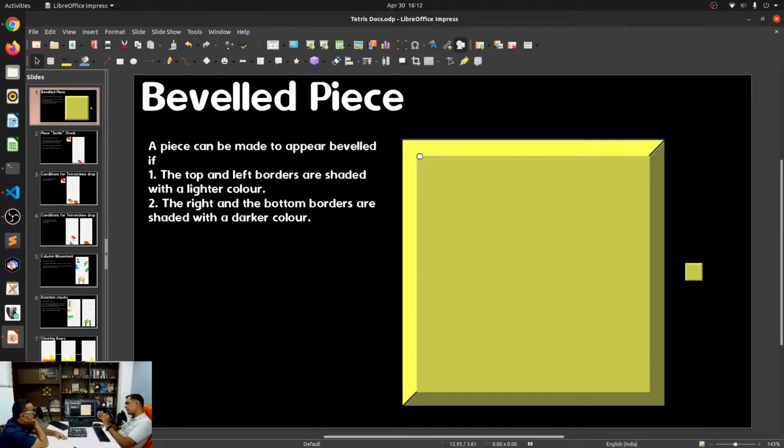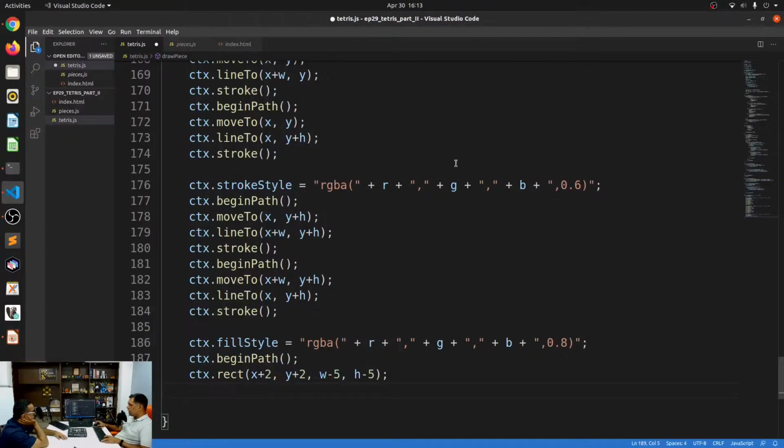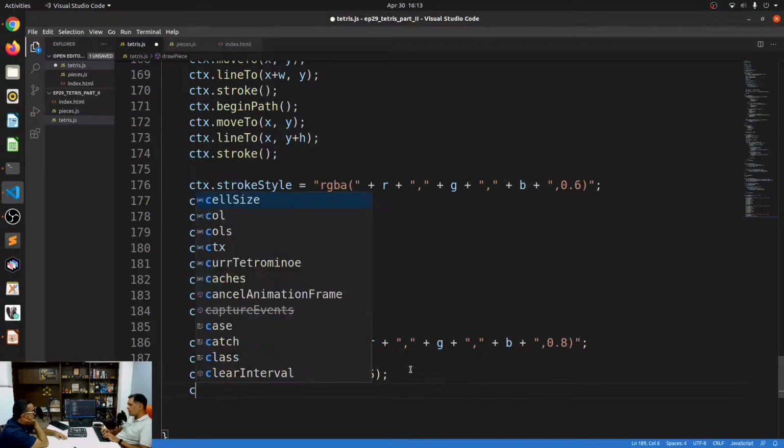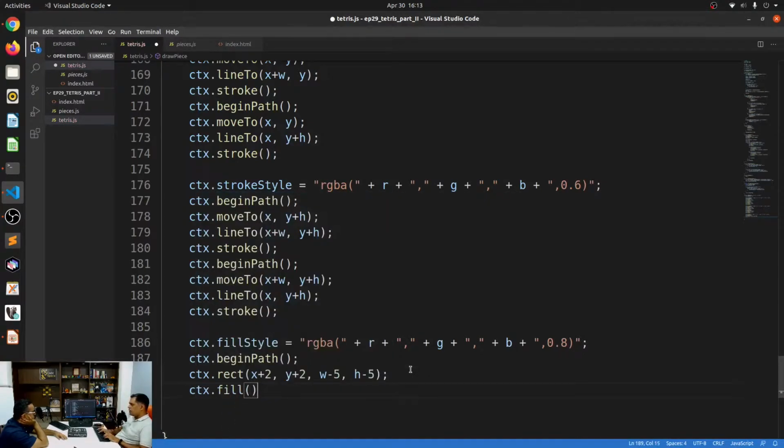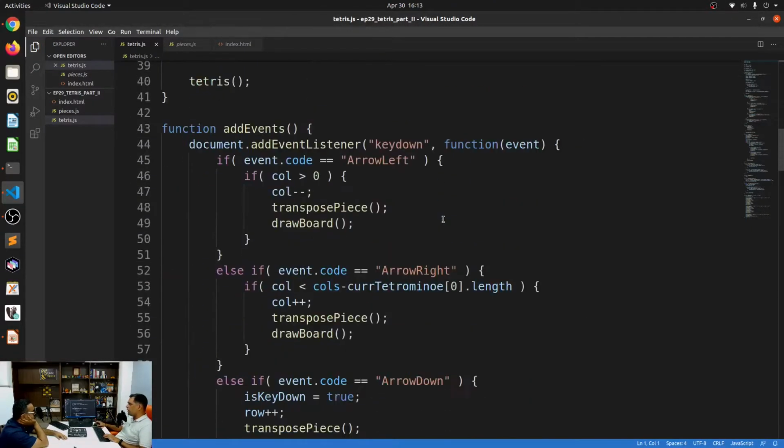Remember that the line itself is 4 pixels. Why not 4? My fear is that the rectangle would become too small. And then h minus 5, which I think will leave a very thin black line that will add to that whole beveled accent that we were looking for.